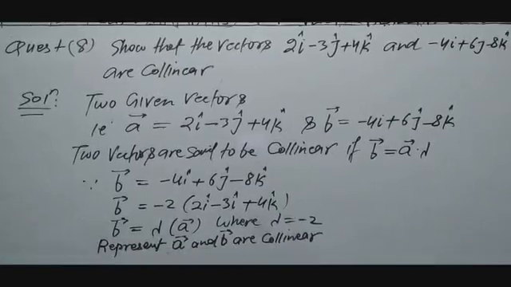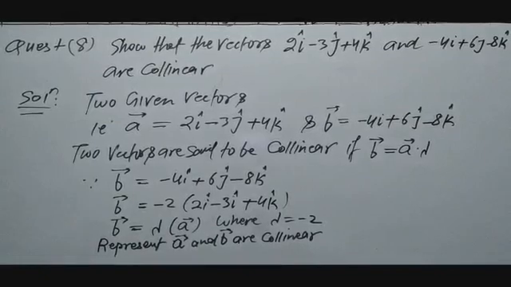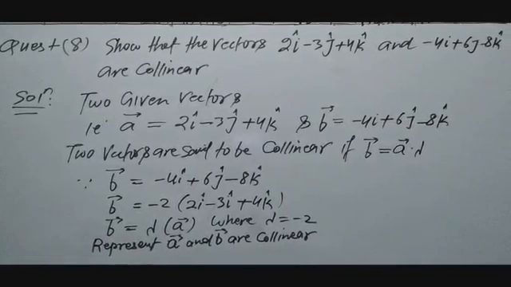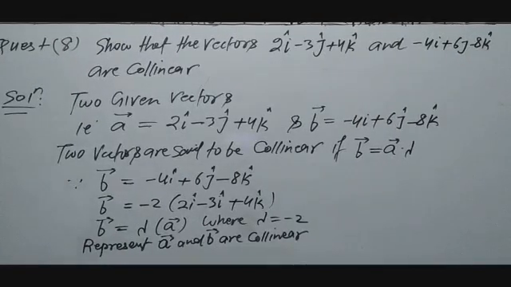See, this is the condition for collinear: B is equal to lambda A. Now see,